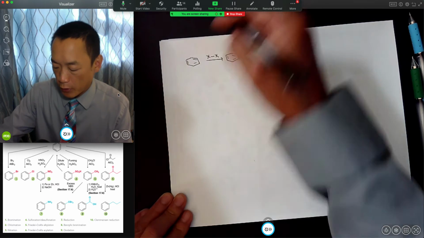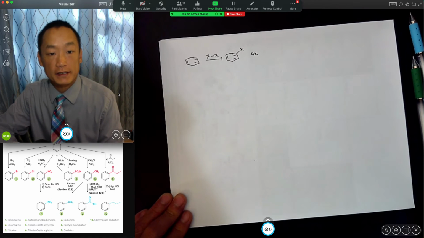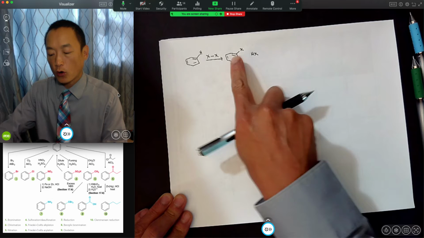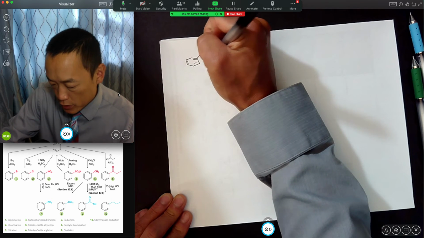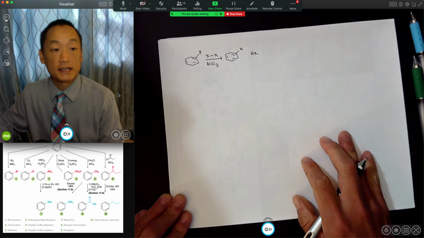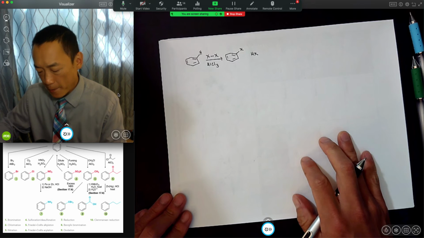And we would also have HX as a product of that. And so substituting a proton for a halogen, and what we use here is this thing called AlCl3 as a catalyst for this reaction. And what happens here,